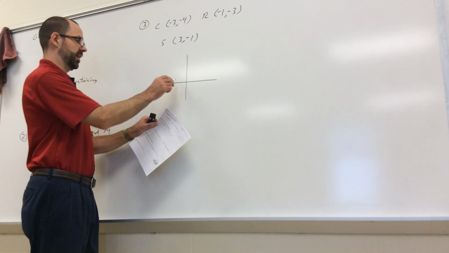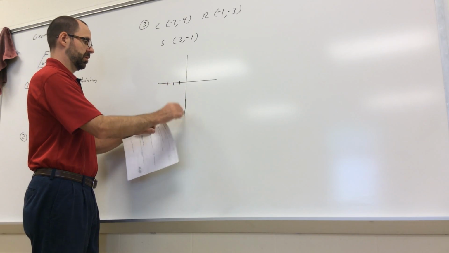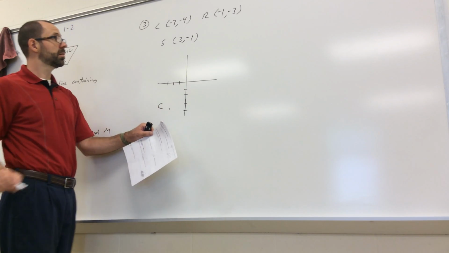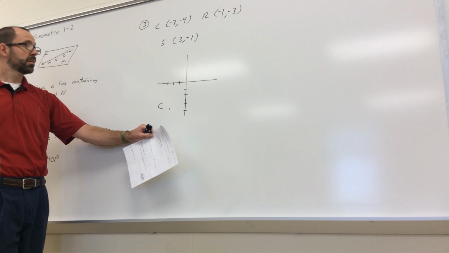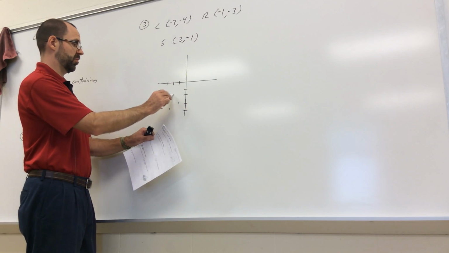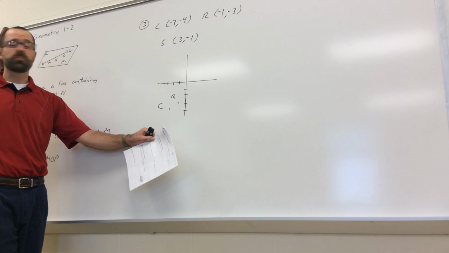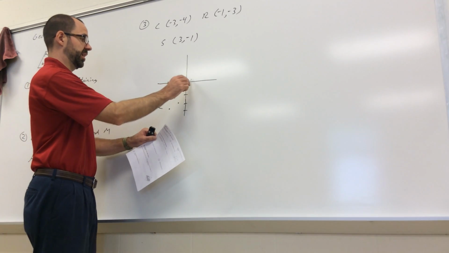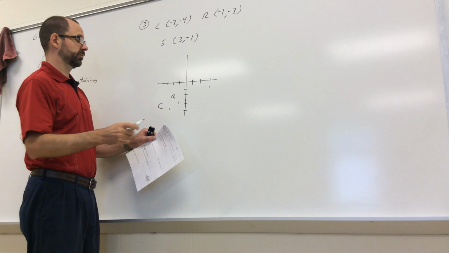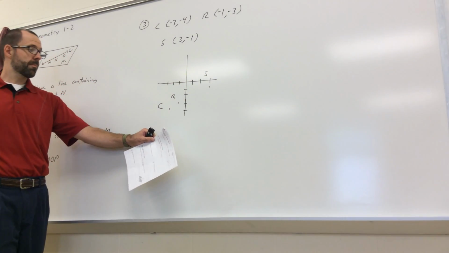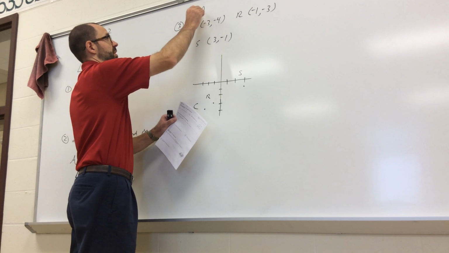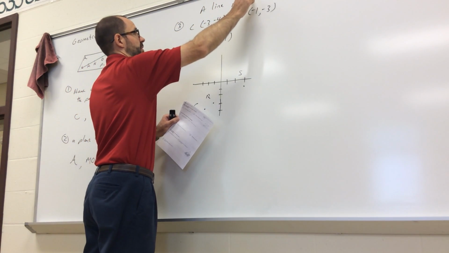So the first one is -3, -4. So that's point C. Second one is -1, -3. That's point R. And then the third one is 3, -1. And what else it says, a line passes through